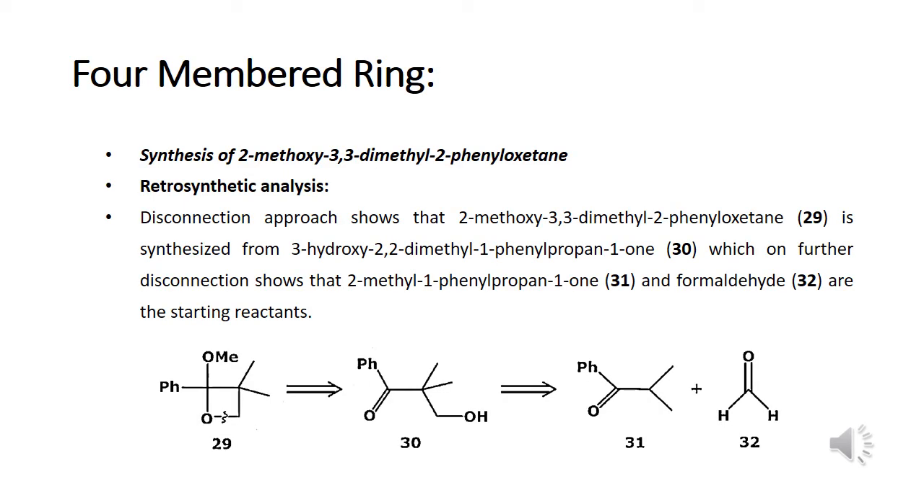One more example of a four-membered ring structure is the synthesis of 2-methoxy-3,3-dimethyl-2-phenyl oxetane. The retrosynthetic analysis is given over here. You can see in the reactions that the target molecule is 29. The disconnection approach shows the 2-methoxy-3,3-dimethyl-2-phenyl oxetane, structure 29, that is our target